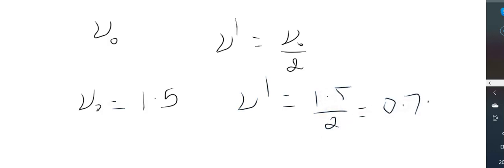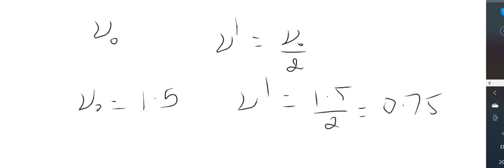Given the frequency is halved, let the threshold frequency be nu 0. Let us take nu dash to be half of the initial frequency. What is the initial frequency? It is given as 1.5 nu 0. When it is halved, you get nu dash to be 1.5 by 2, which is equal to 0.75. So it is now going to be 0.75 nu 0.